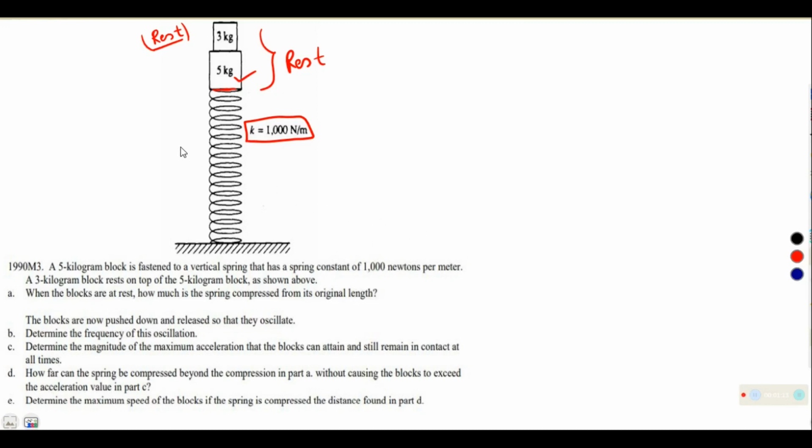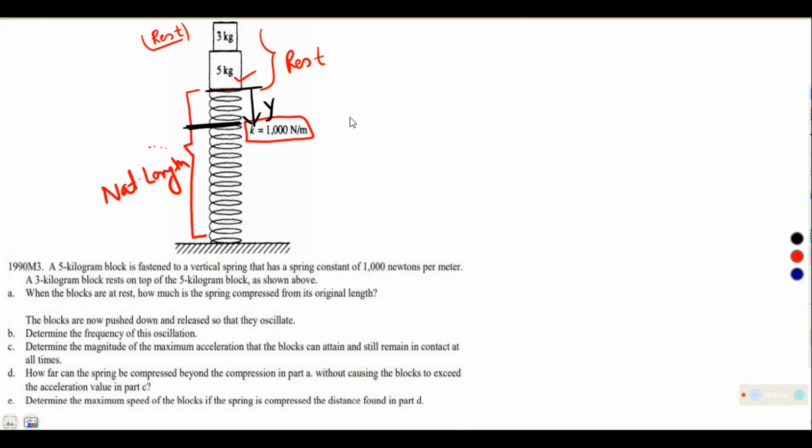So the question is asking about the equilibrium, right friends? So what will be at the equilibrium? At the equilibrium, let us suppose this spring is compressed. First of all, this is its natural length, and after reaching the equilibrium position, let us suppose it is compressed by this length y.